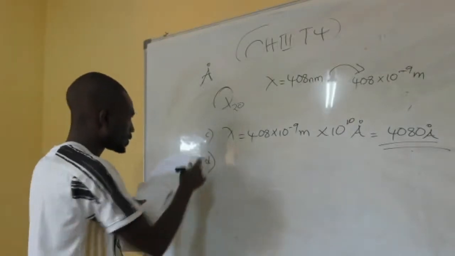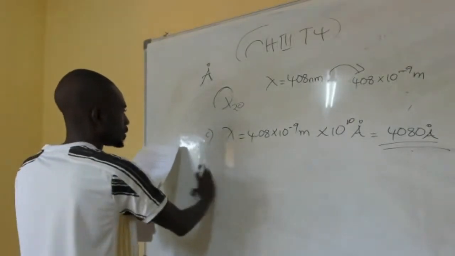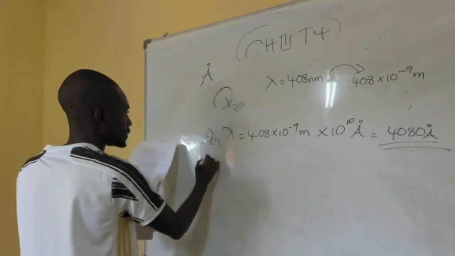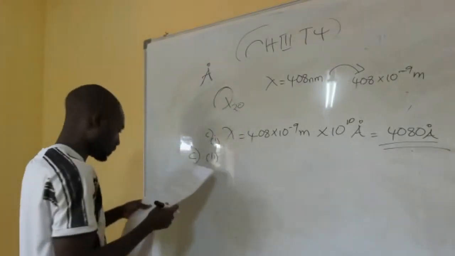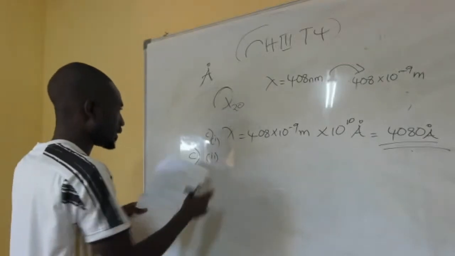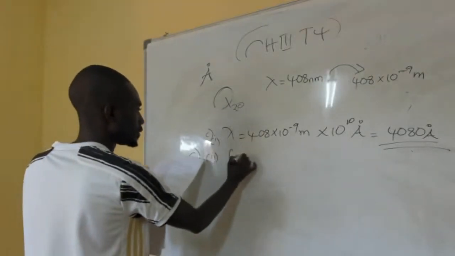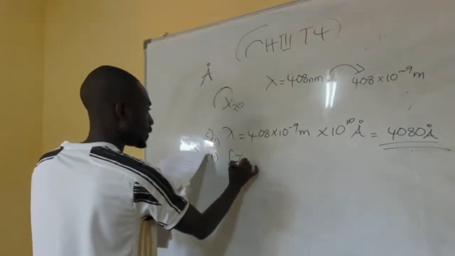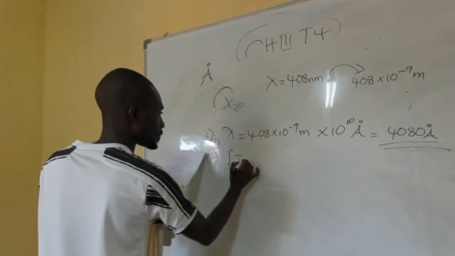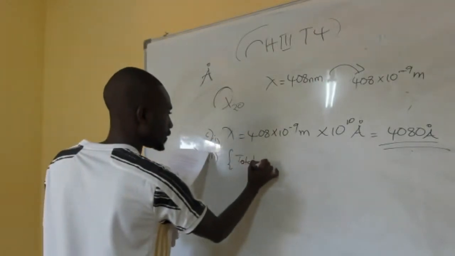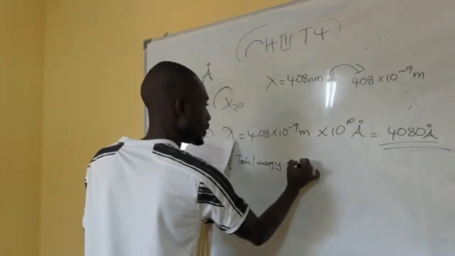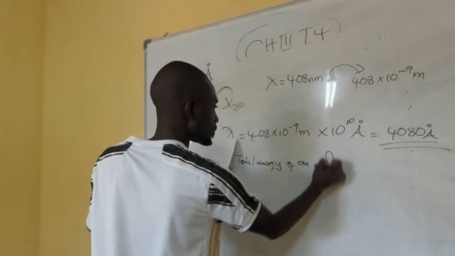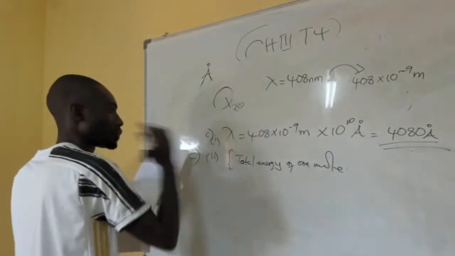So this is I1, then I2 for C, where they are saying you calculate the total energy of 1 mole of such